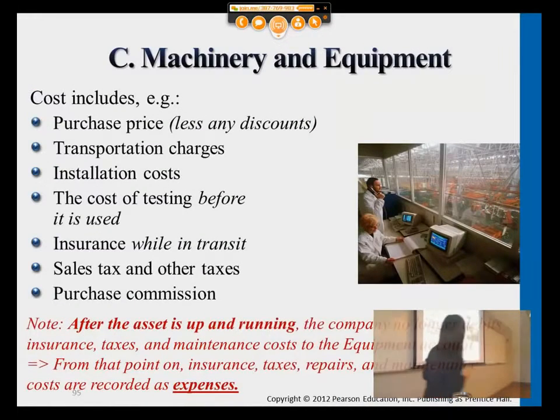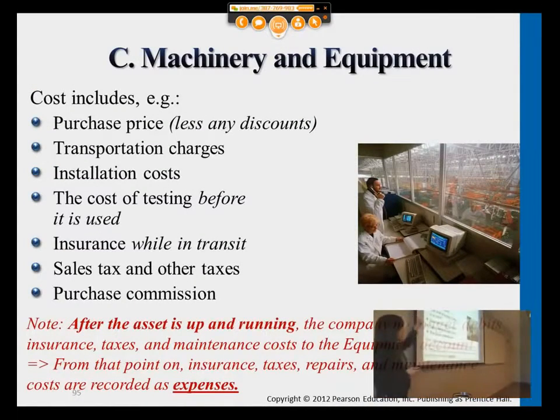Okay, now for machinery, equipment here, these are also some of the examples of the costs that may be incurred. We definitely have the first bullet point here, purchase price of a certain type of machine, certain type of equipment. And if there's any discounts given from the seller, just like inventory costs, we will reduce discount. We will also reduce any discount, meaning that we'll be paying less to the party who sold us the machine